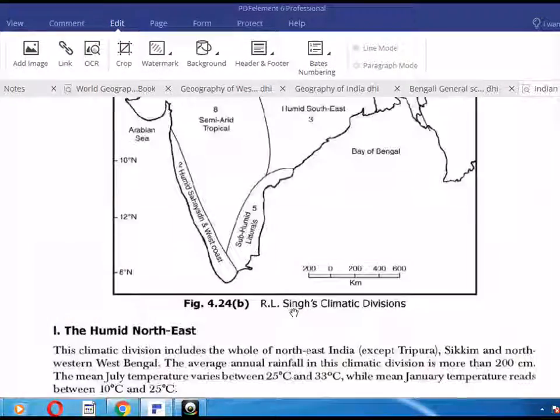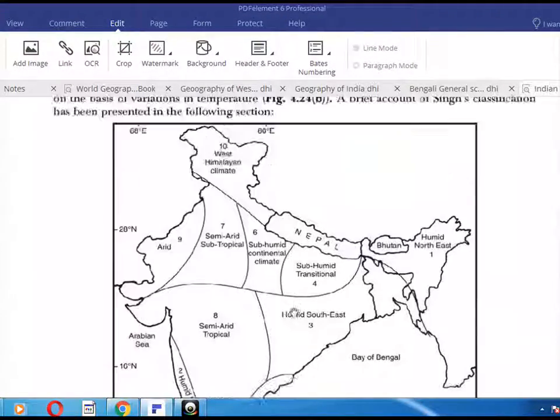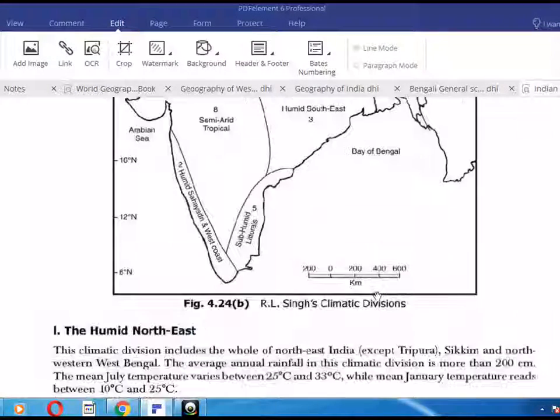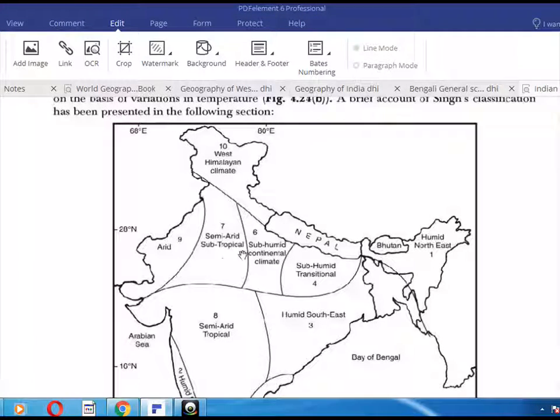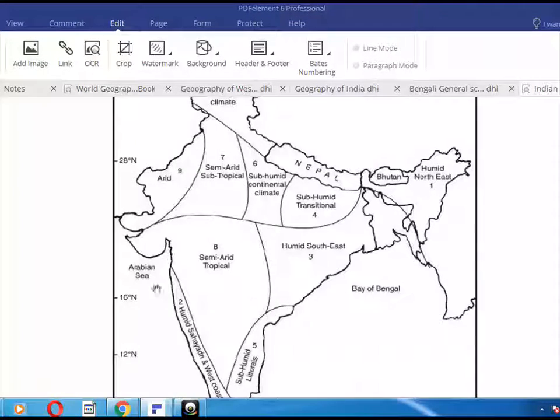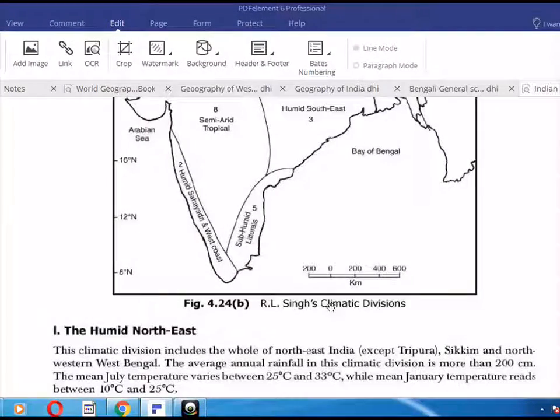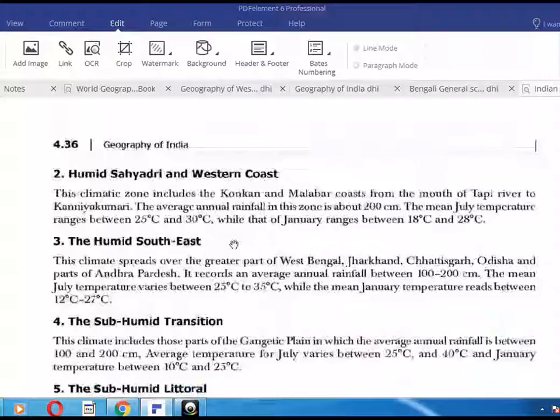So R.L. Singh's climatic division, okay. R.L. Singh's ten divisions: west Himalayan climate, and humid northeast, one. And there are others like semi-arid, tropical, humid to the south. So semi-arid subtropical, semi-arid transitional, humid northeast, arid, all will be classified by R.L. Singh. And now we discuss